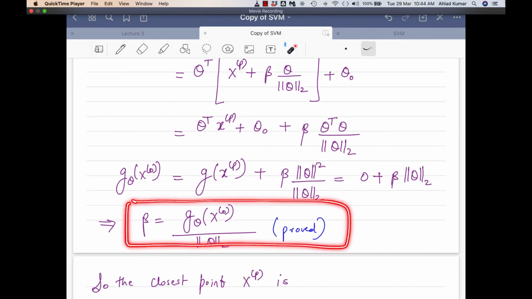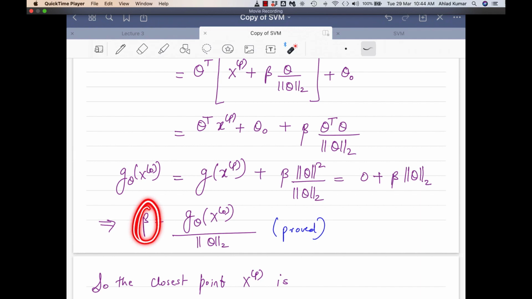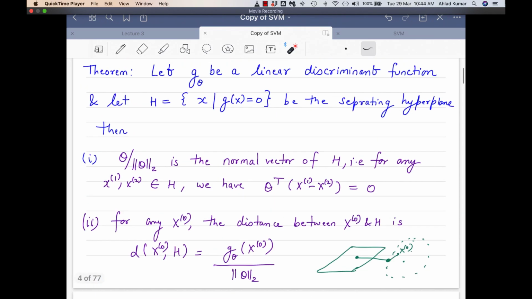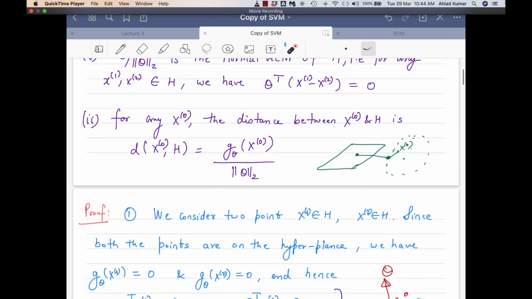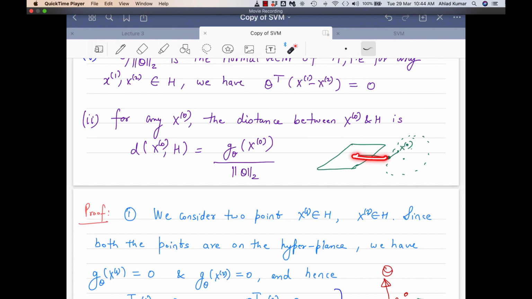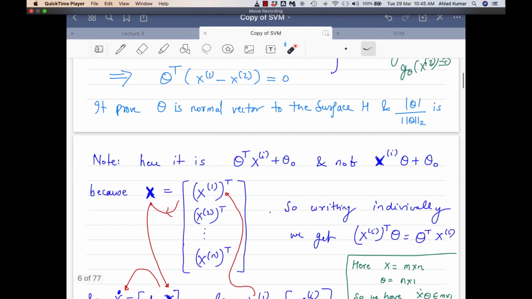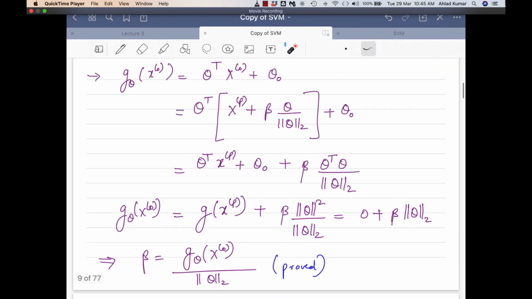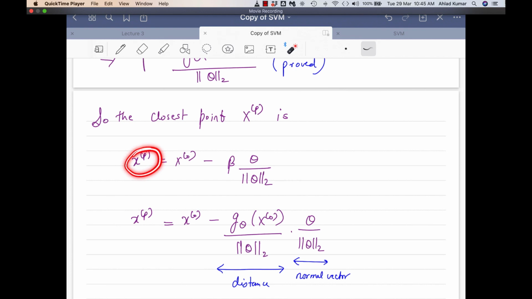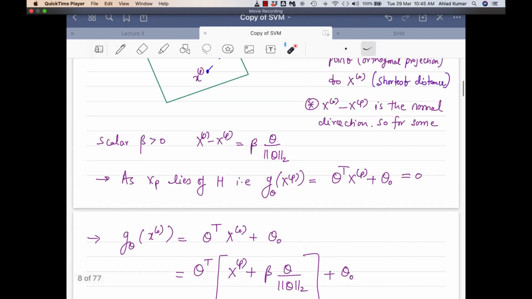So we have proved that this is the distance d, which we were looking for and wanted to prove here. If you recall, this is the one which we wanted to prove, and this distance is d. This is basically the expression for that. And if you want to calculate the location of xp, it is as simple as that. You just put the value of